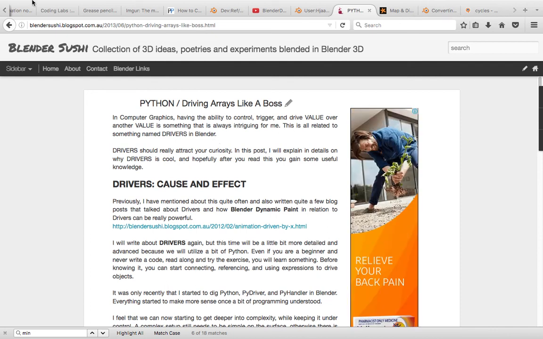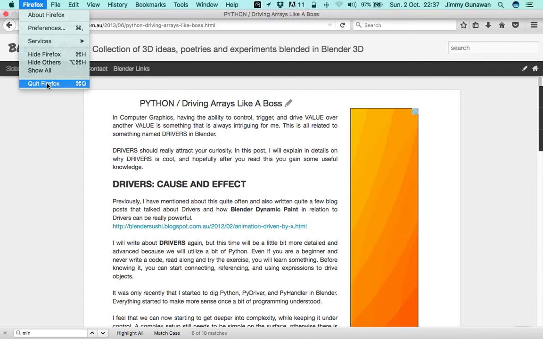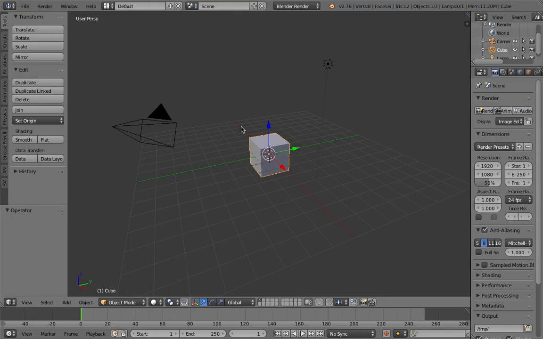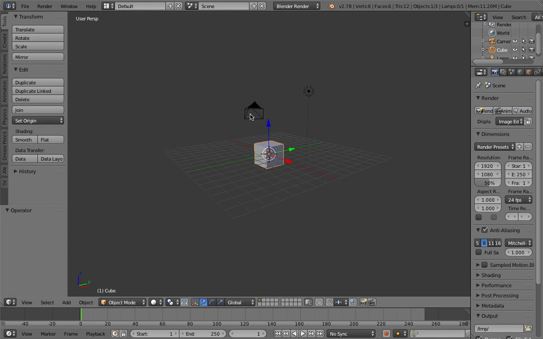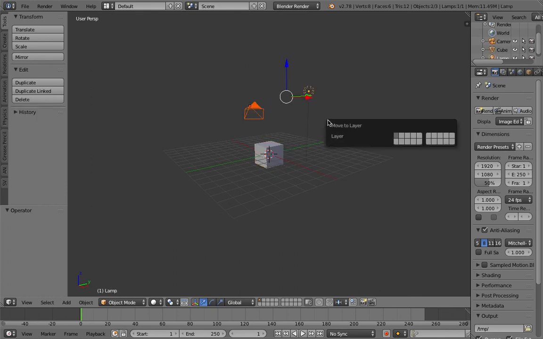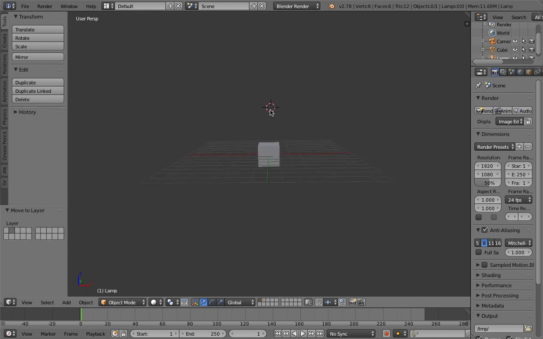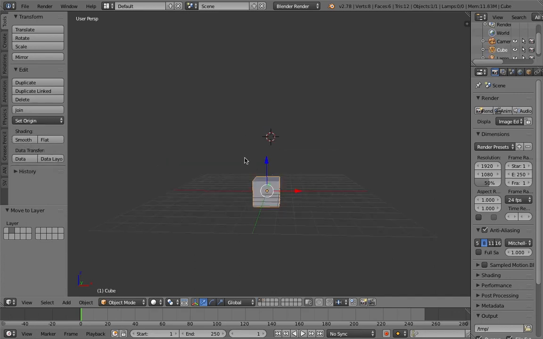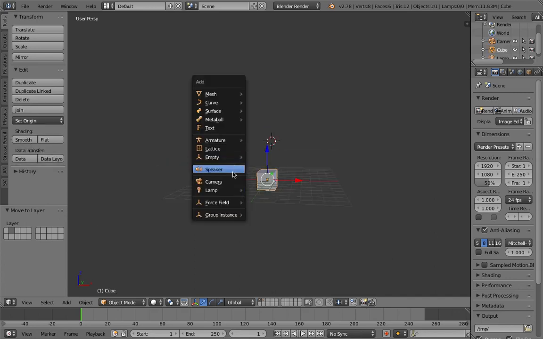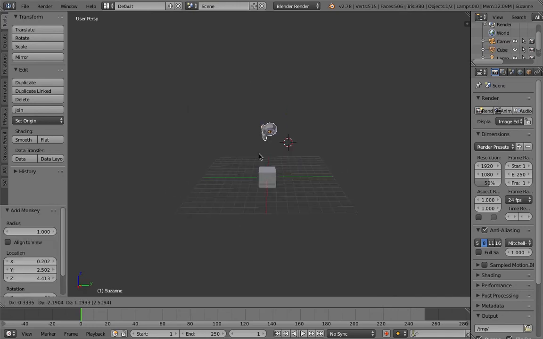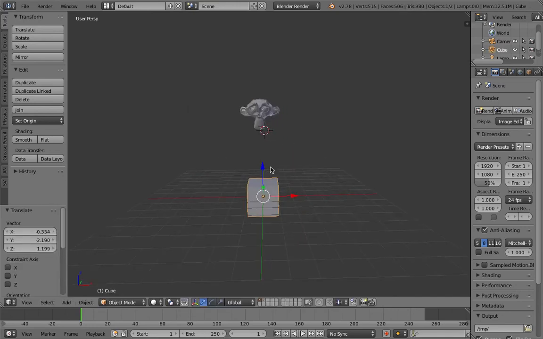Yeah, let's have a look. I'm going to close Firefox and switch to Blender. Alright, so I'll hide the camera and the lamp. Similar to Joshua Leung's video tutorial, I will give a little bit of example. So let's say we have a monkey and we have this box,